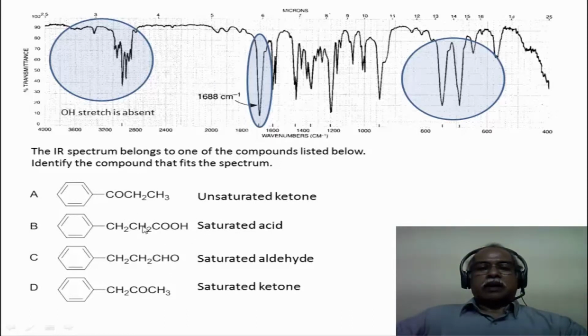The fact that the carboxylic acid can be straight away ruled out is based on the fact that there is no OH stretching frequency. Carboxylic acids invariably give a very broad band in this particular region for an OH stretching frequency, which is absent. And one can also rule out an aldehyde because the aldehyde CH stretching frequency is also not seen, which should come around 2800 inverse centimeter or so. So, the correct structure for this infrared spectrum is A, which is propiophenone in this particular case.